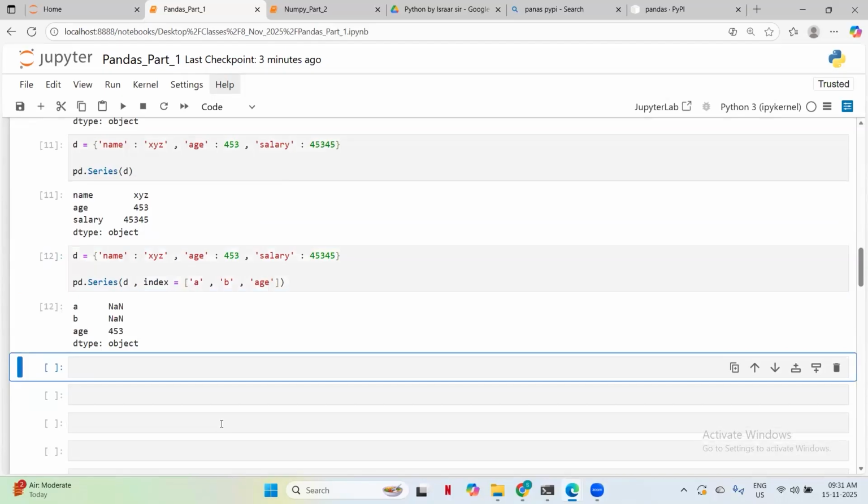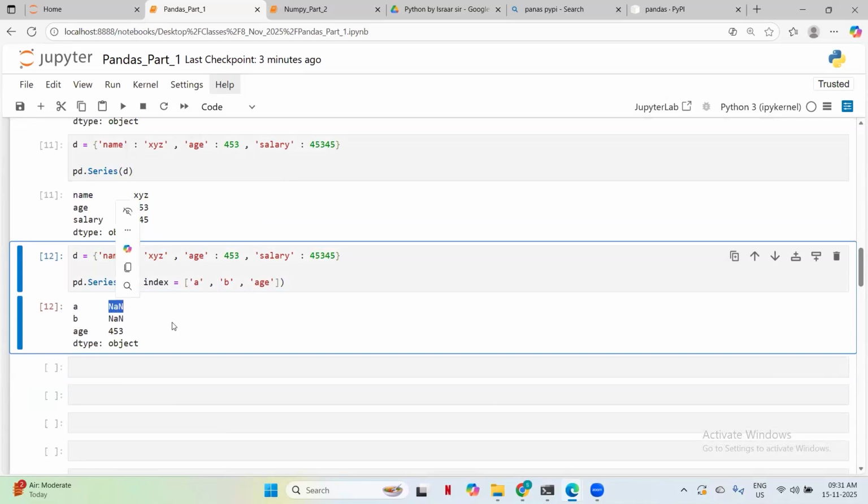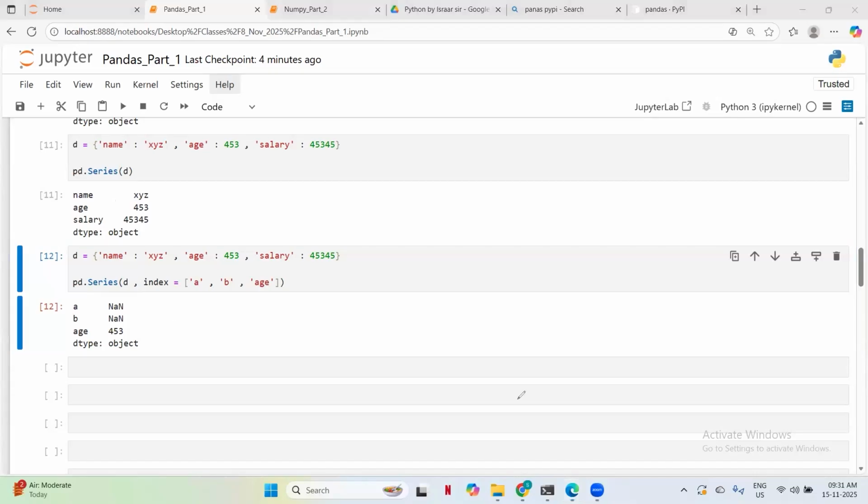Look at the output. NaN is something that has been called a null value. Something has happened by defaulting the dictionary. You can tell it like that as well, but again, what exactly? There is no such case like A and B, so a null value is getting assigned. Exactly. Now, see, while creating a series from a dictionary, you cannot pass